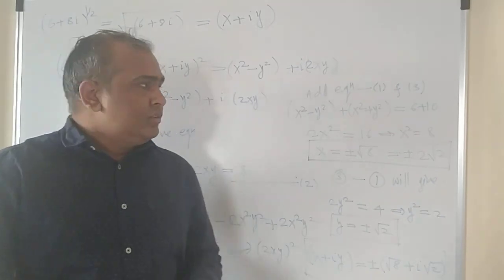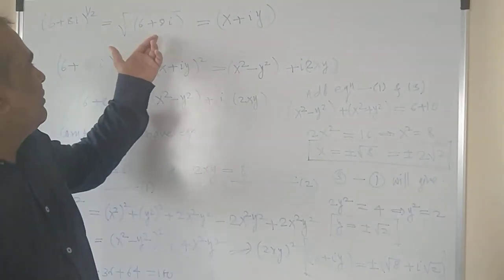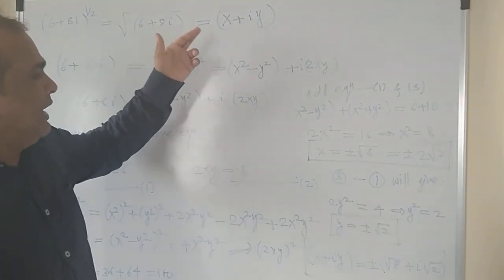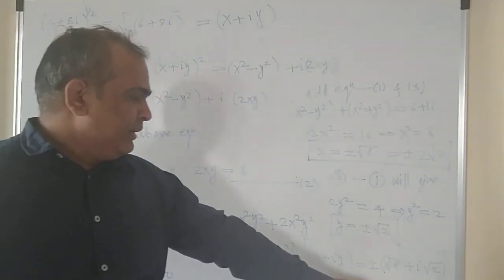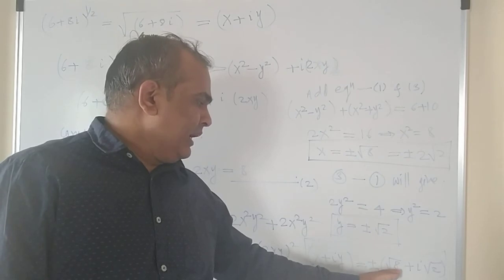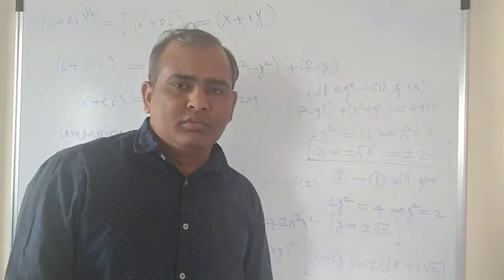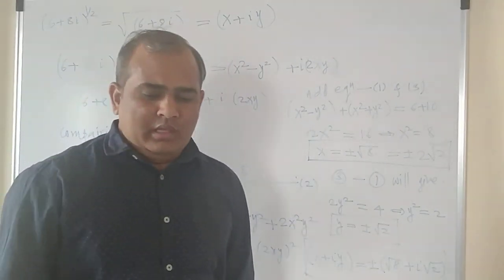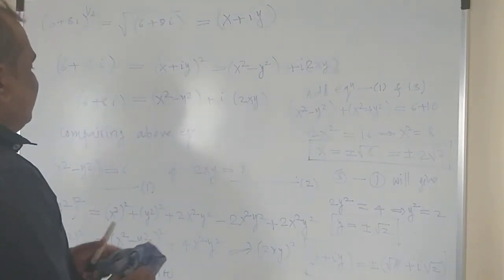Isn't it? So in this way the answer of the given problem, square root of 6 plus 8i, is equal to plus minus root 2 into bracket 2 plus i, or you can write plus minus root 8 plus i root 2, right? And now let us go for